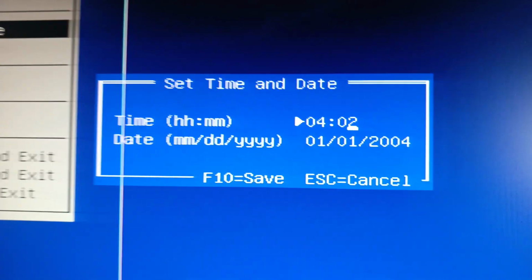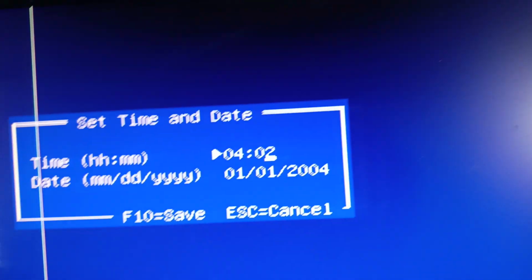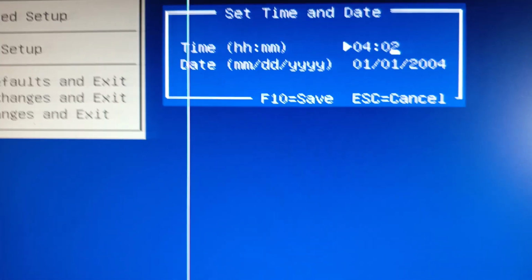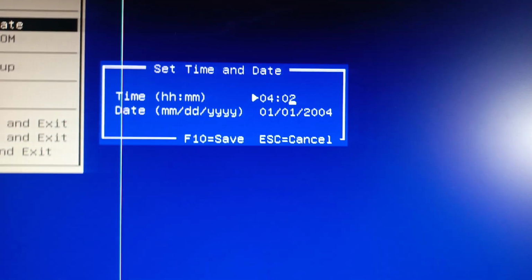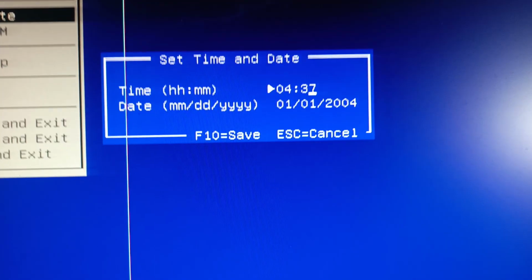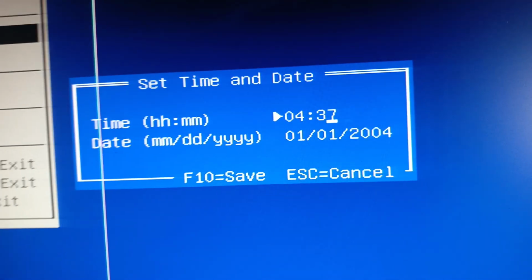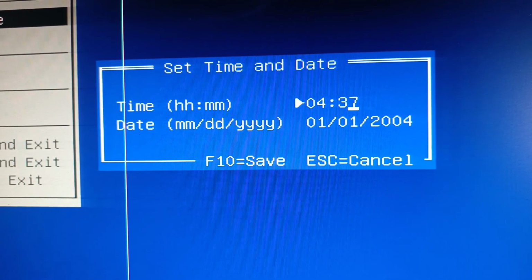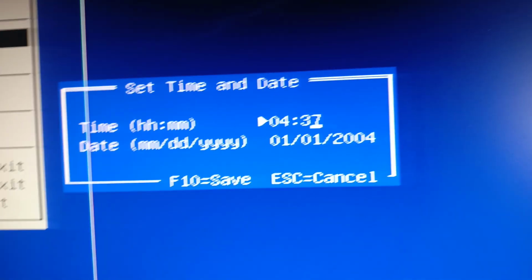As you press 4, then press enter, then change the minutes, then write 37. In my case it is 4:37, hours and minutes. Then press the down arrow key,